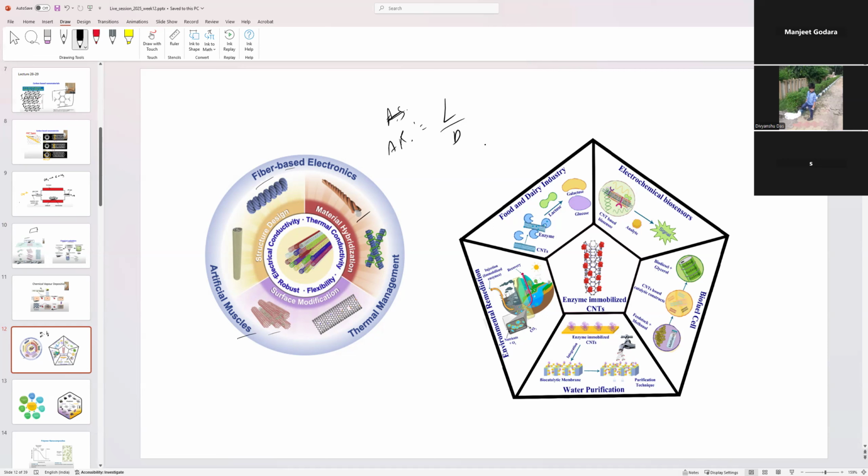You have artificial muscles. For this, they are very good thermoplates as well. In the food and dairy industry, you can have enzymes on the surface of the graphene, which convert the lactose into glucose or galactose. Then electrochemical soil sensors,